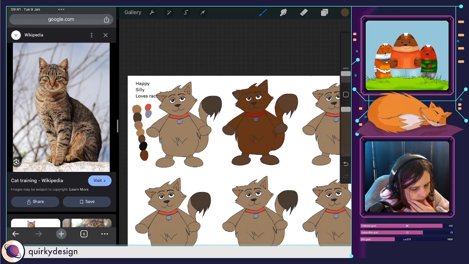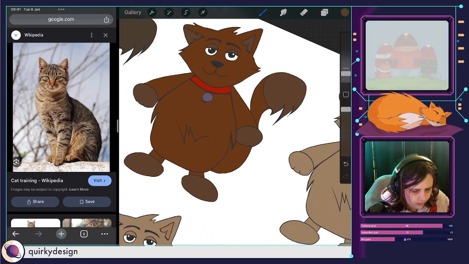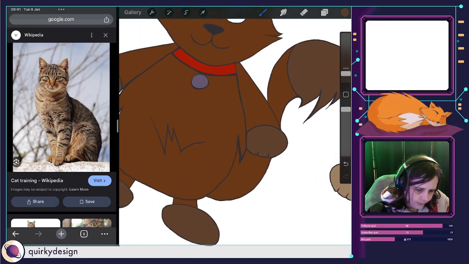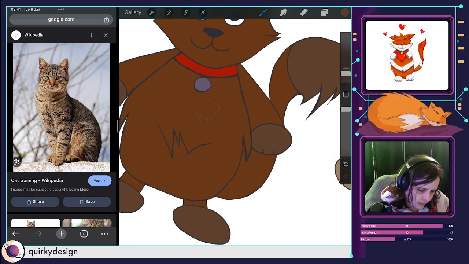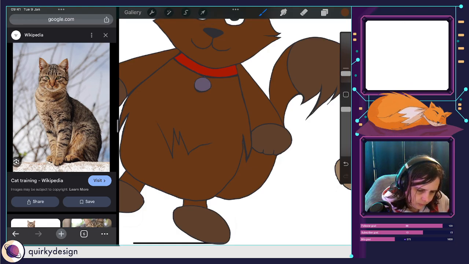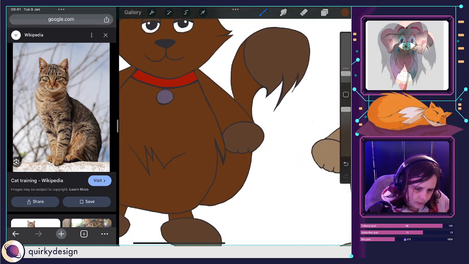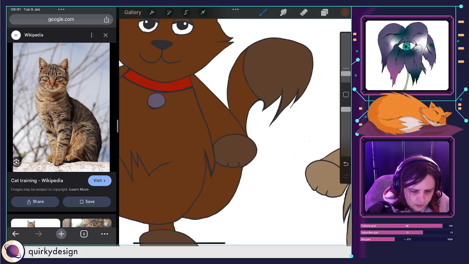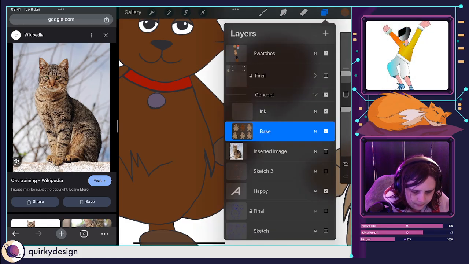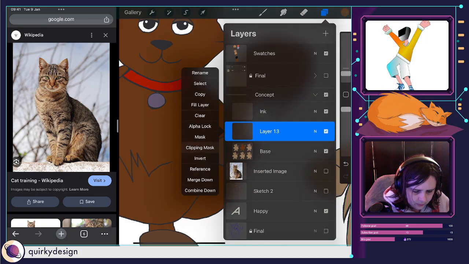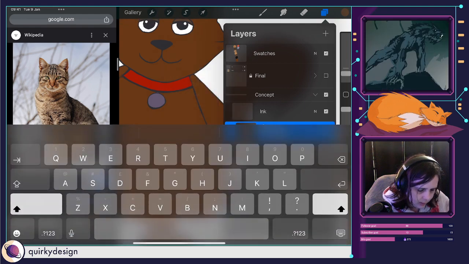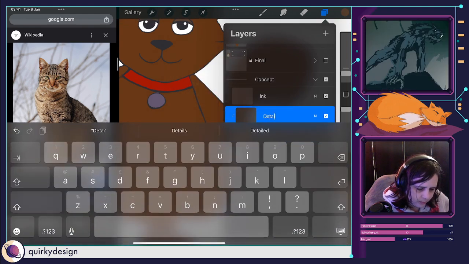Let's think, we should make something different about him. So I feel like maybe we should try Striped Sand's tail. Just call this details for now.